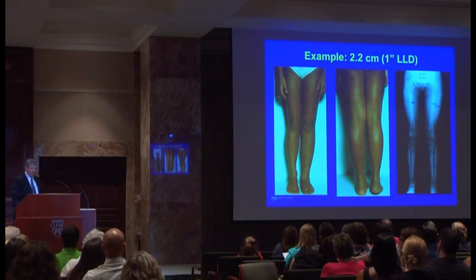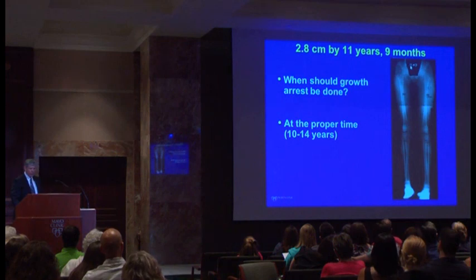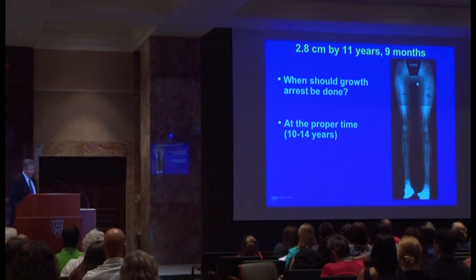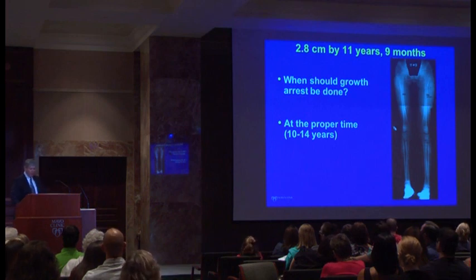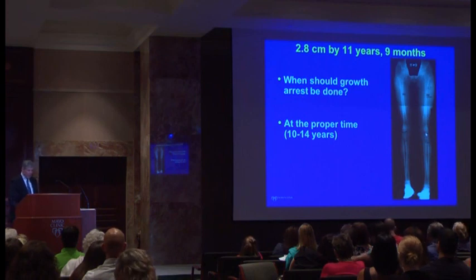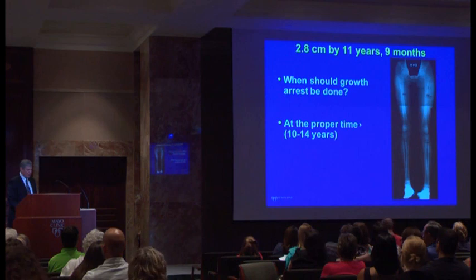And then we watched this for a while, and when she got to be 11 years and 9 months of age, 5 years later, the leg length difference had increased to 2.8 centimeters, so that's an inch and a quarter, roughly. And the question became, well, when do you want to slow down this longer leg that appears? This was the patient's left leg. And the correct answer is at the right time,